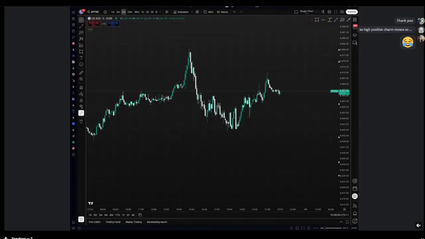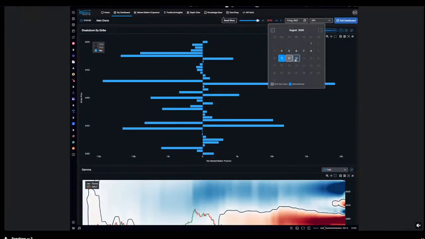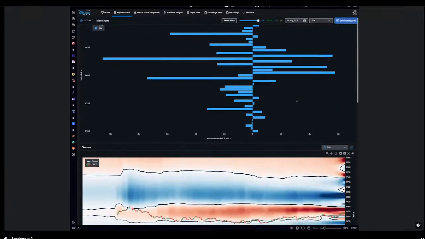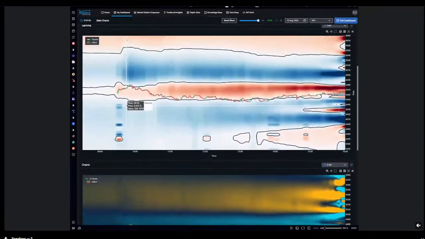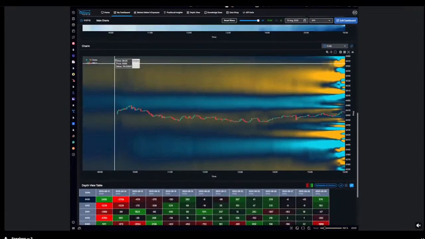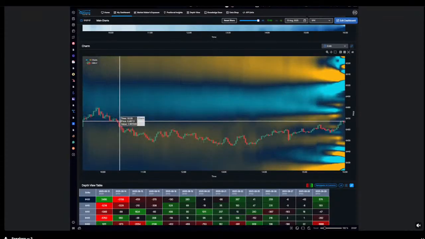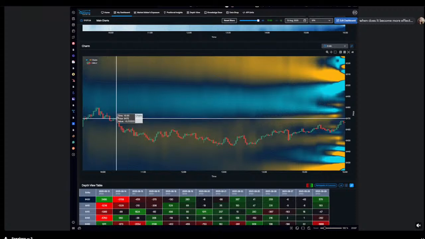Supportive charm. Yeah, if charm is supportive, this is what we saw today, but in reverse. If charm is supportive, it should just pull price up. But charm is less relevant at the start of the day. Charm is most relevant towards the end of the day because the values increase so much. So on your charm chart here, and this was really clear today, it was really nice. As soon as we broke this 6467 level,